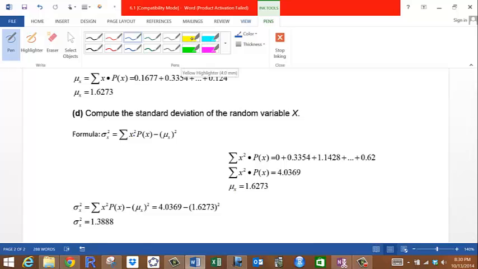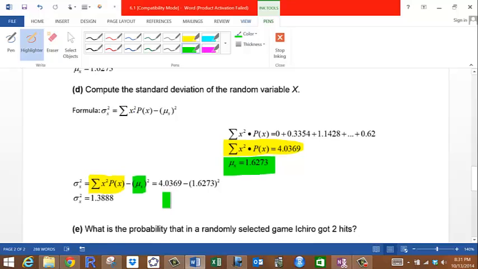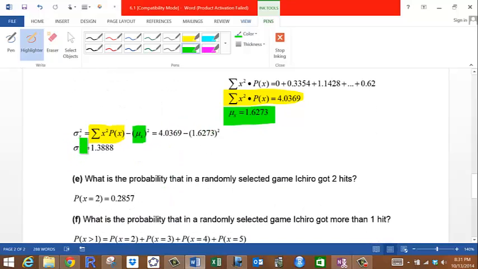So we're going to take the sum of x squared times p of x, which is here, and substitute it into this piece of the formula. And then of course we know that we got mu of x a second ago, and that's going to go right in here. And don't forget to square it. So we get 4.0369 minus the mean squared,